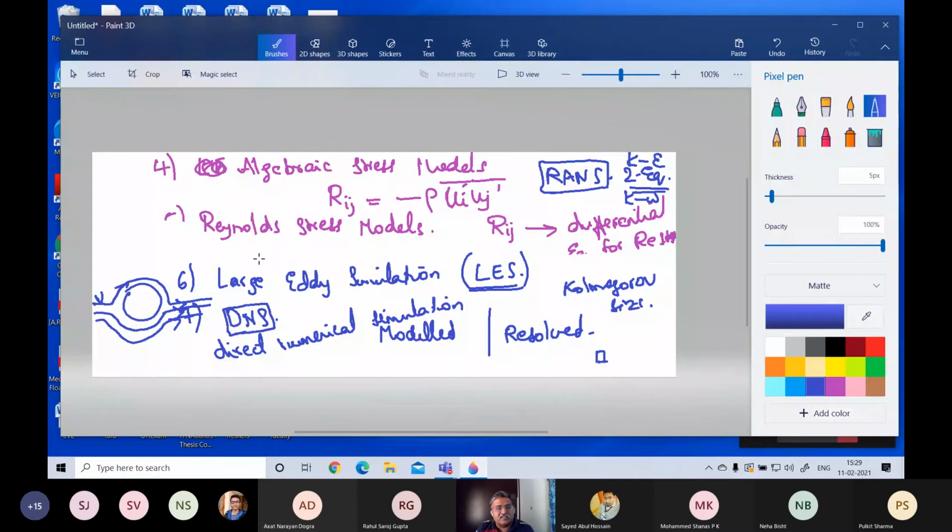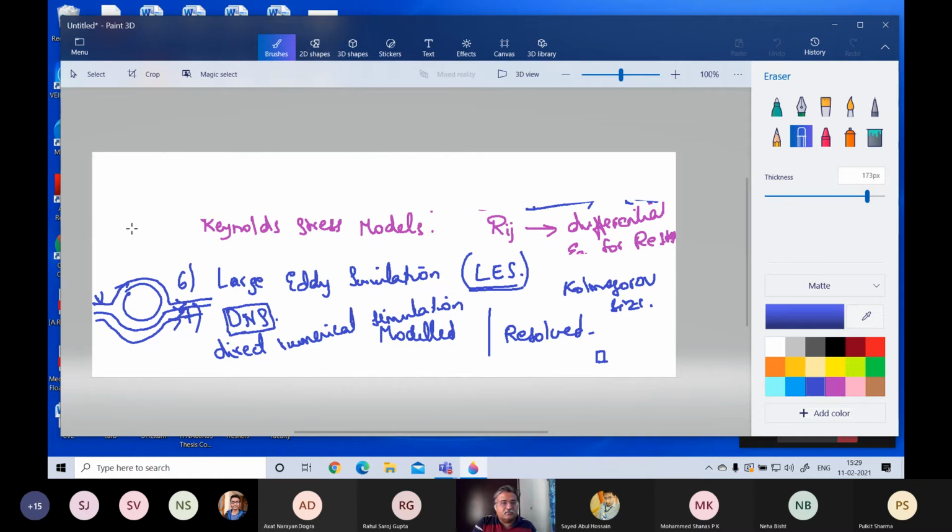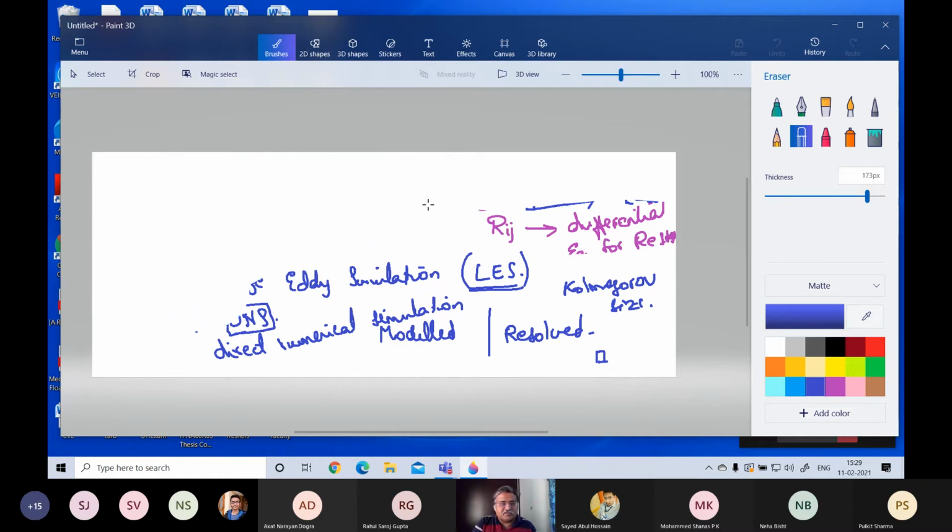In this course, and also if you are going into industry, what you will be doing is basically RANS equations, which means the K epsilon model or any of the other two equation models. If you are lucky, you might get a better system with a Reynolds stress model, but it is mostly two equation models only in industry. Okay, so that is an introduction to turbulence modeling.